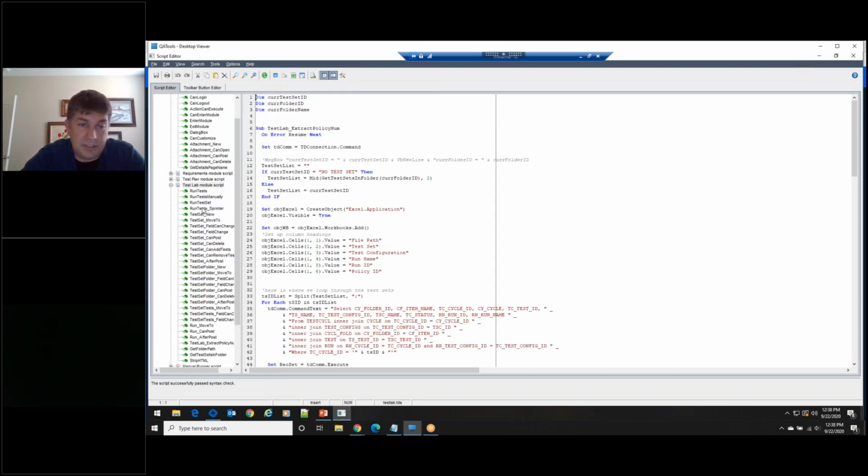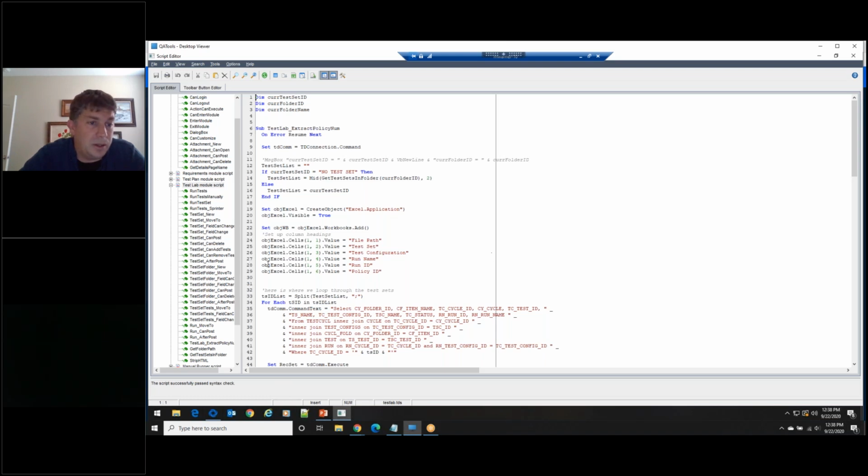There's a lot of code here, so I didn't think anybody would want to see me typing out 100 lines of code, because that might just get a little boring. So this one's already here. I'm going to walk through this real quick, and you can see some of the stuff that you can do in the workflow.